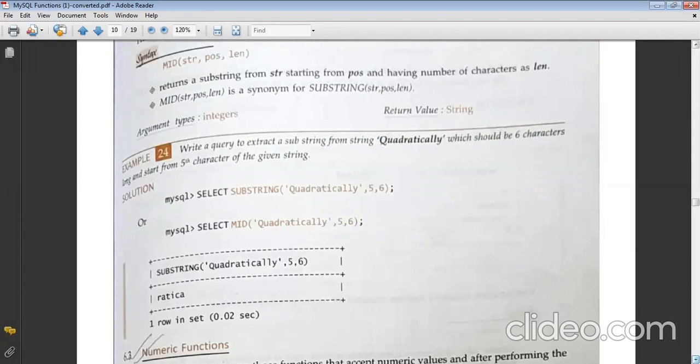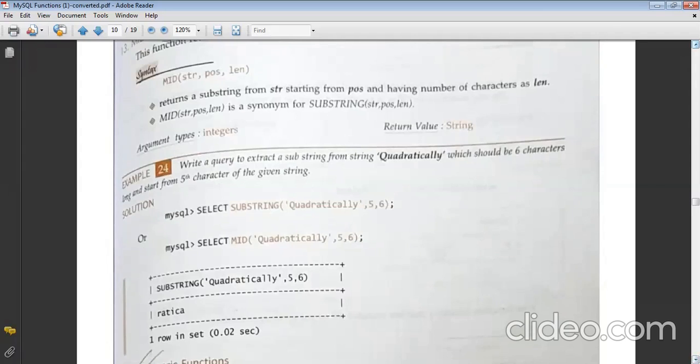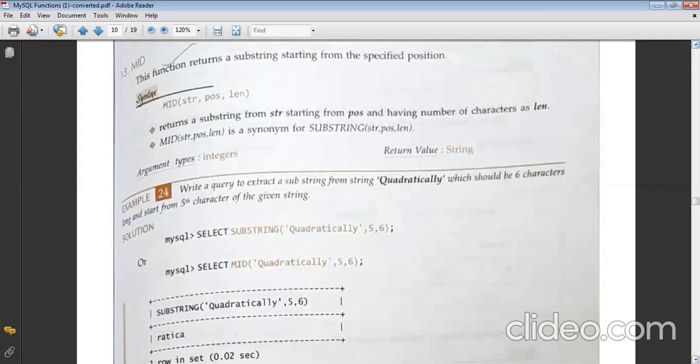Okay. One more example for you all, for which you have to frame a query. We have a string which is programming language. Let me write it down on the console so it would be clear.